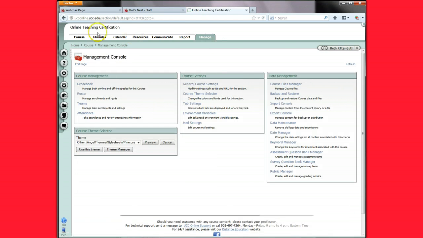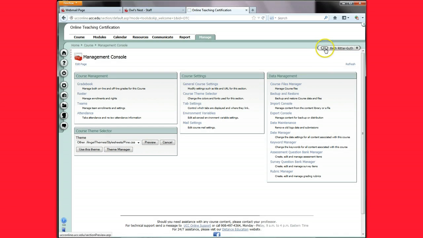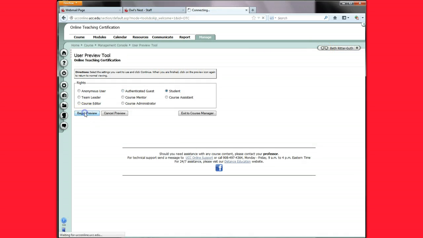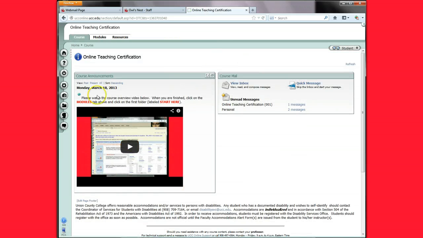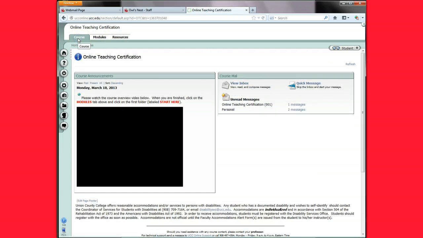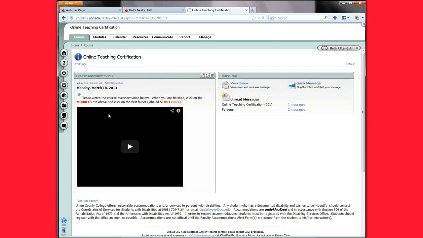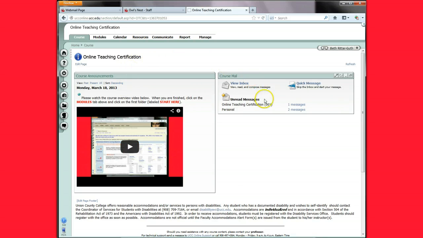And we can change the names of the tabs that come across the top by clicking on Manage, Tab Settings, either changing the words here or changing who can access what here. If I want to test what students see, I click on these glasses. I begin my preview. I see what students see. And then if I want to go back to editing, I click the glasses again, and I cancel the preview. So those are your Angel tools for this particular module,